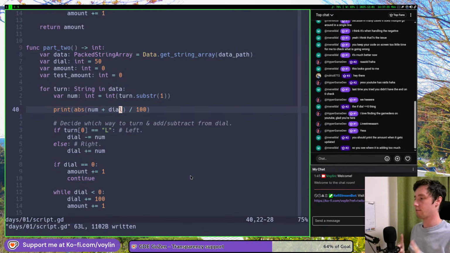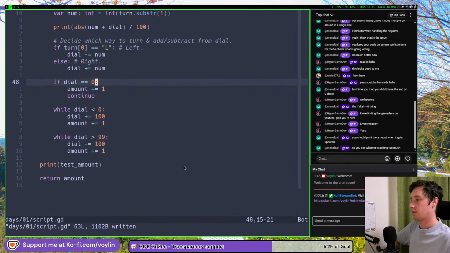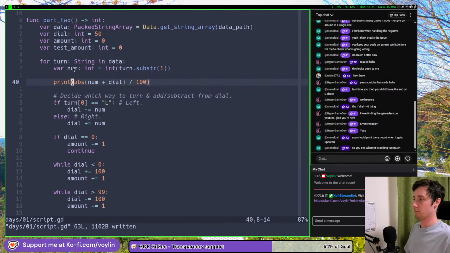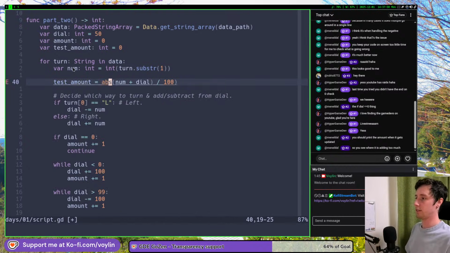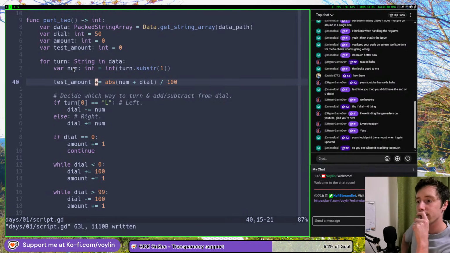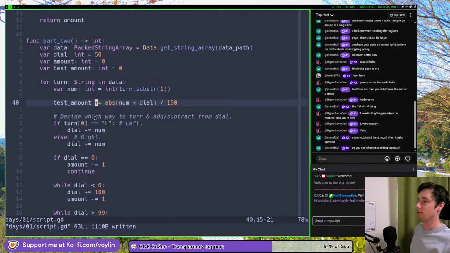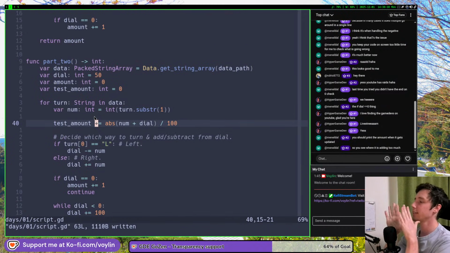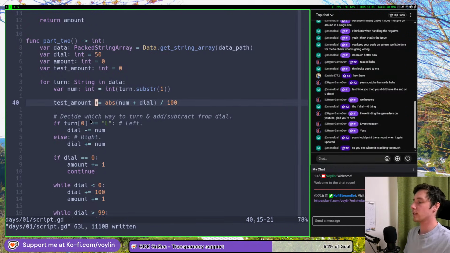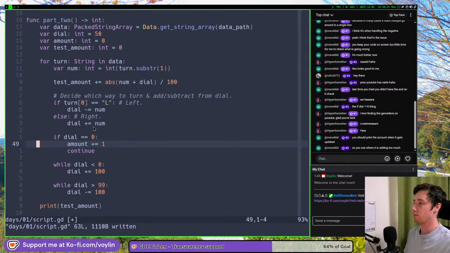But then we don't check for the test amount is this. I feel like, so you see where it's adding. Yeah. I think I've been doing it way too overcomplicated. I think this is all I need to do. I still need to adjust the dial. But I feel like if I just remove the amount,